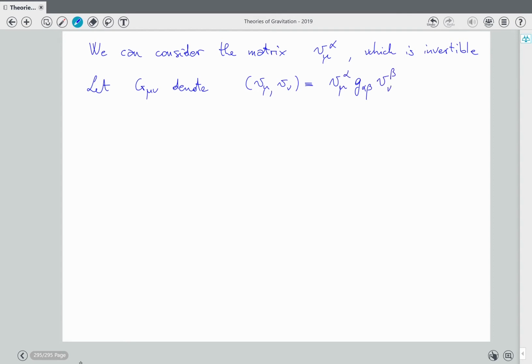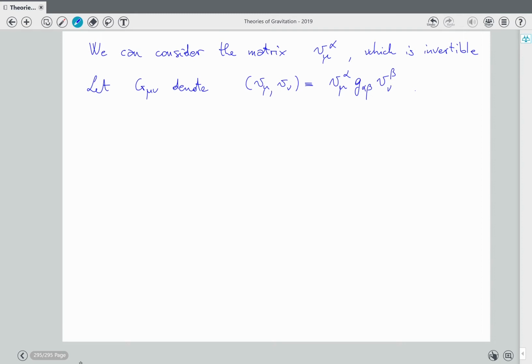So it's like a change of basis for the metric g, small g itself. So this is the same metric after a change of basis, so it is invertible because V and g are invertible,